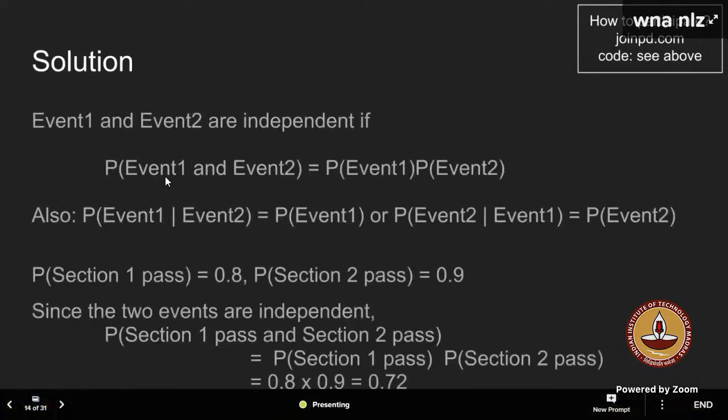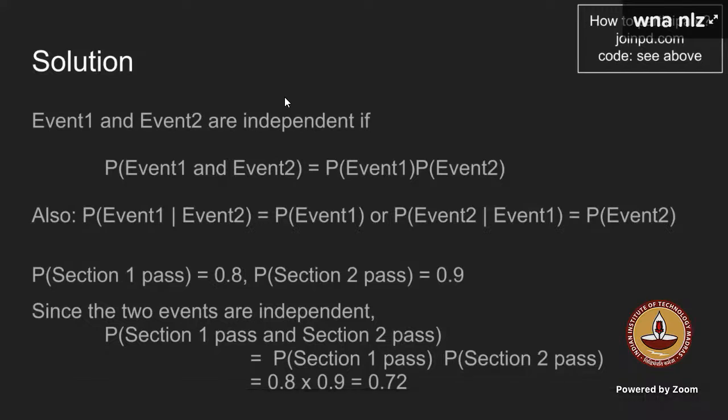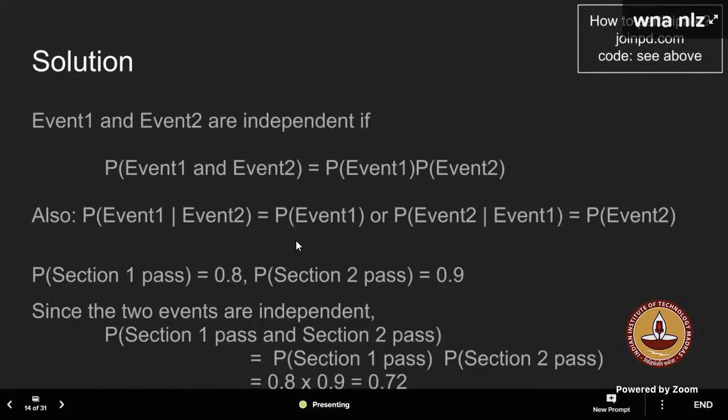See, as I was saying, what we are asked is event 1 intersection event 2, where the symbol stands for intersection. Now, as we are saying it's independent, we can just multiply probability of event 1 into probability of event 2. Anyone in doubt? No, sir, it's clear. So this way you'll find it out: 0.8 into 0.9, that is 0.72.